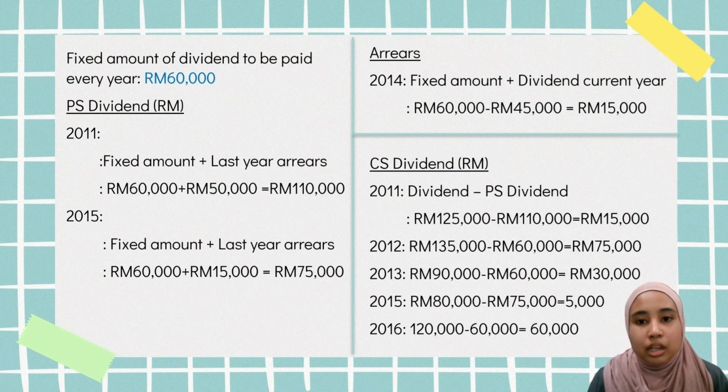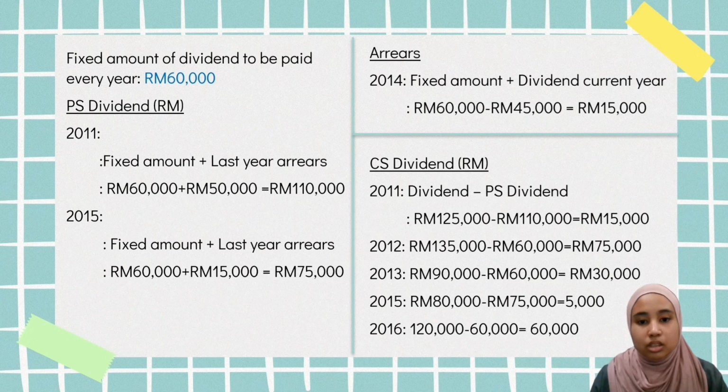For the year 2011, there should be a fixed amount of 60,000 to be paid to the stockholders. However, there are arrears from the previous years, so we need to add 60,000 with 50,000 and we will get 110,000. In 2011, the dividends amount that were given out was 125,000, which is more than 110,000, which means that it is enough to pay for the preferred stockholders' dividend and the arrears. Then there will be no arrears left and there is a balance left of 50,000 ringgit, which will go to the